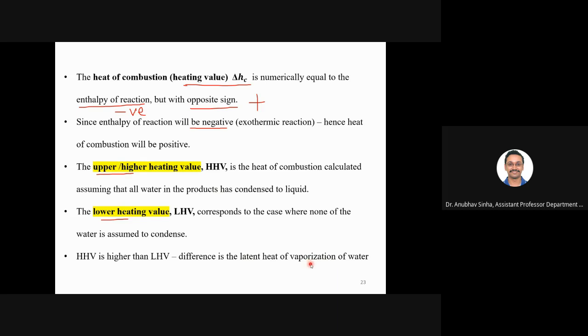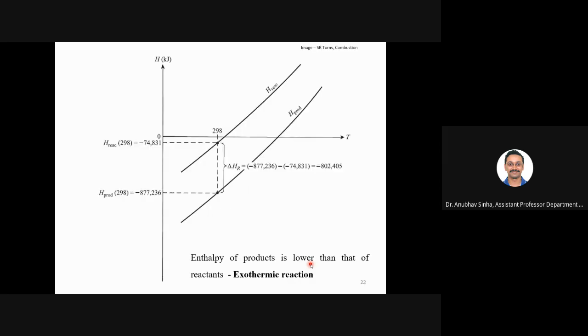Is this clear? Sir, can you repeat this again? Sure. As you have seen, we are talking about burning of fuel. Generally for all hydrocarbons, we will also have hydrogen in the fuel. Hydrogen will burn and form water. So when we are talking about enthalpy, we need to consider whether the water that is produced is in liquid form or gaseous, vapor form. There are two possibilities: either there is water vapor, or we assume that water has condensed somewhere, so water is in liquid form.